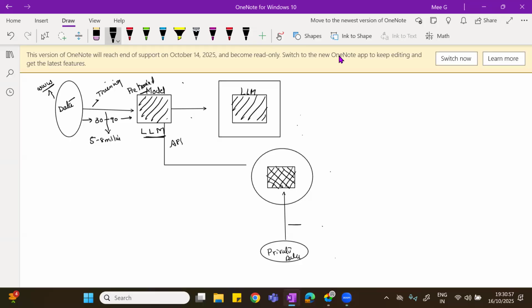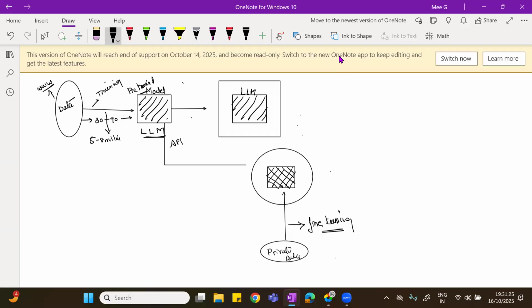This is our pre-trained model, which is already trained, and now I'm training it again. Training the pre-trained model again is called fine-tuning. As I told you, this is a risky thing, because we have to make sure we provide enough security.